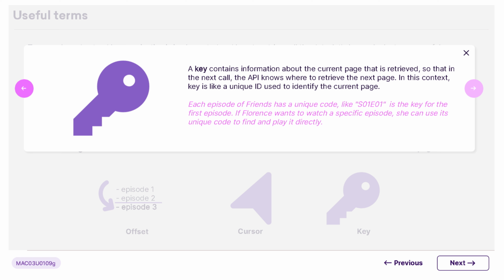If Florence wants to jump directly to an episode without scrolling through an entire list, she can simply use this key to instantly access the desired episode. In the same way, when an API retrieves data, it uses keys to know exactly where to go next, making data retrieval efficient and seamless. This system ensures that moving between data pages or episodes happens smoothly, enhancing user experience by eliminating unnecessary wait times